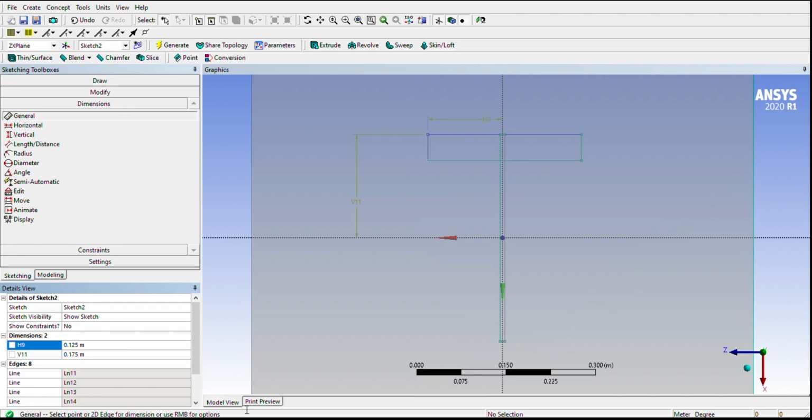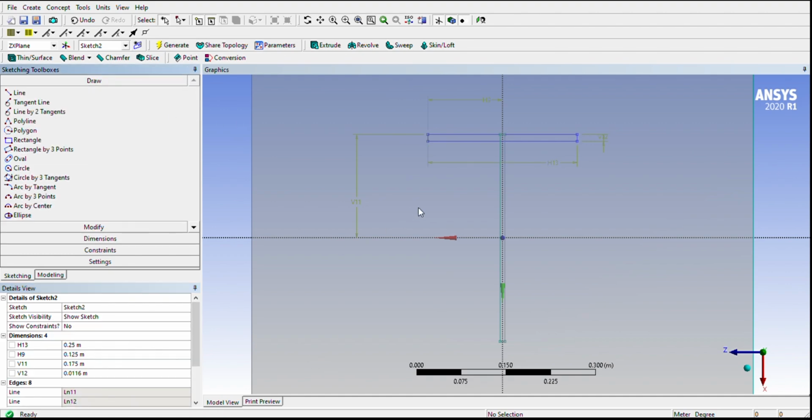Now I am going to give thickness and total width. So the thickness is represented by V12. So V12, the total thickness is 11.6 to the power minus 3. Okay, so this is the thickness, and the total width. Okay, so total width is 250, so 0.25. Okay, so now you can see this is the section which I have created, and with the help of this